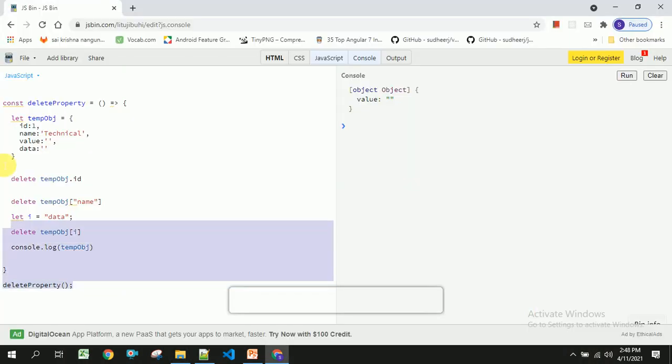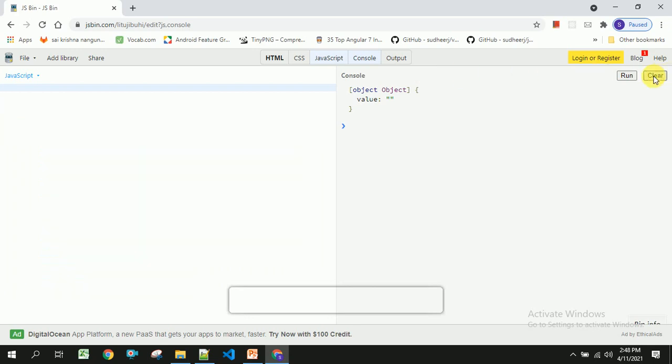I am going to remove all this and clear the console and create a function called returnLength equal to arrow function syntax, and here I am going to log the length which is returned by this arrow function. Return length will return the length of the object.